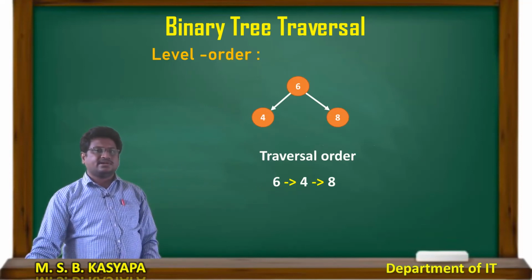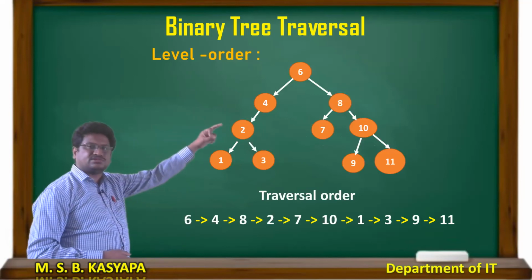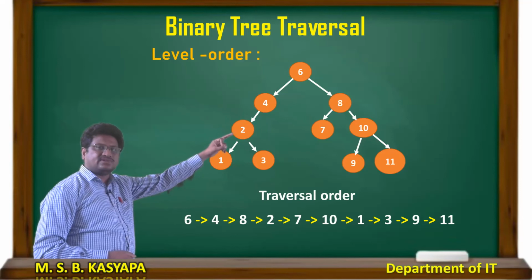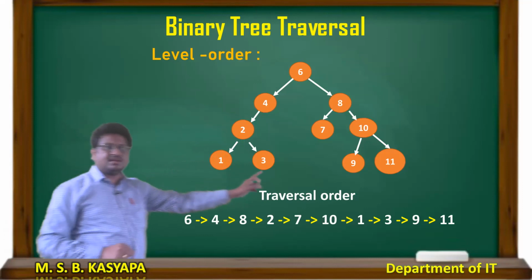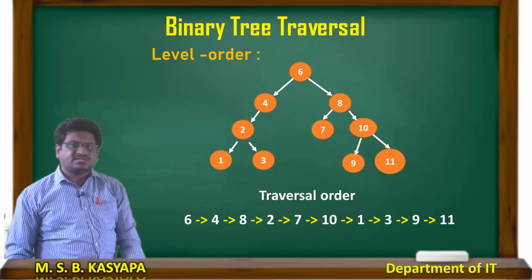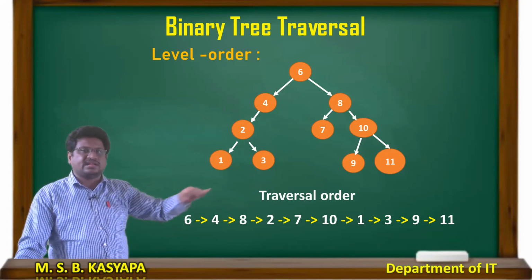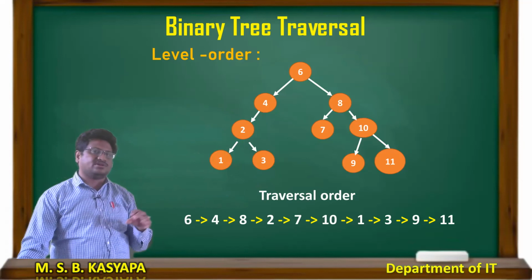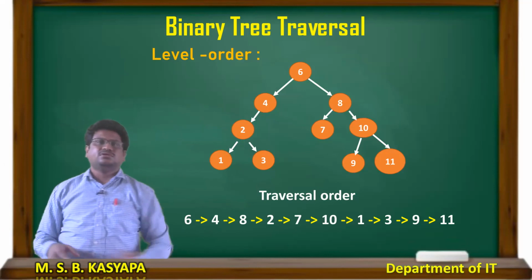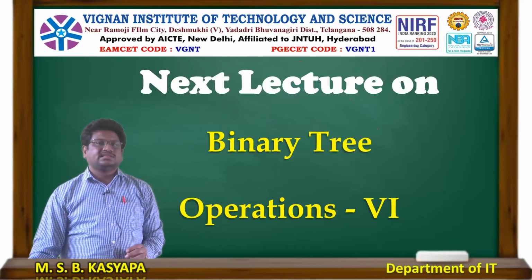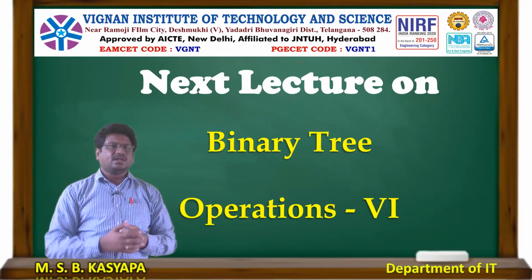traversal. All right. So I'm taking my regular tree. Now if I want to visit, first level 0 is 6, level 1 is 4, 8, level 2 is 2, 7, 10, level 3 is 1, 3, 9. So first I am visiting level 0, 6, and then 4, 8, 2, 7, 10, 1, 3, 9. Like that I will visit if it is level order. So I have to visit level by level. In the level also I have to visit from left to right. Okay. So like this I have done the traversal operations in the binary tree.